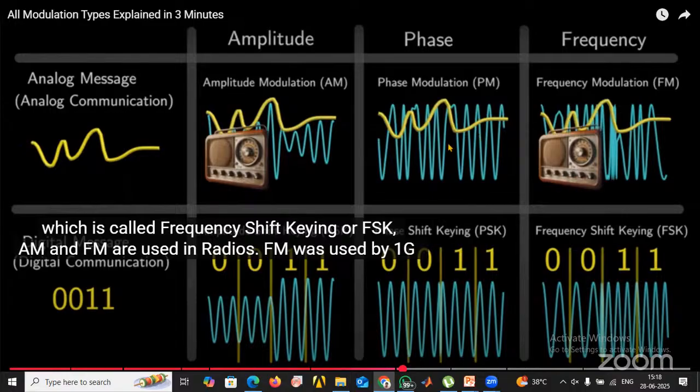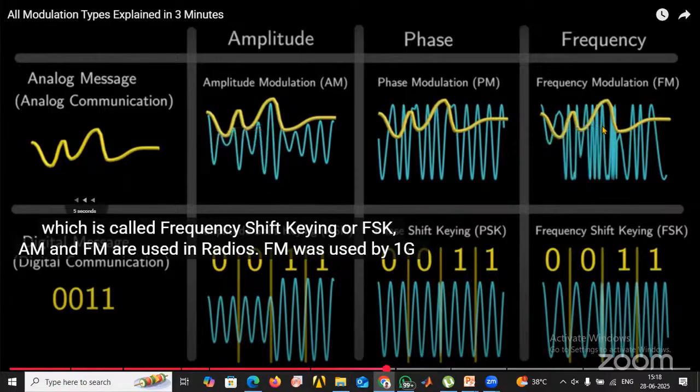This is phase modulation, the phase of the signal is going to be changed. And this is frequency modulation. You can use any random signal, and it will give these values. Whereas in digital modulation schemes, ASK, PSK, FSK,